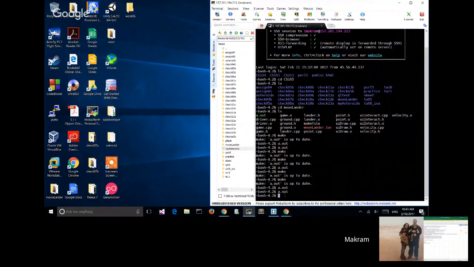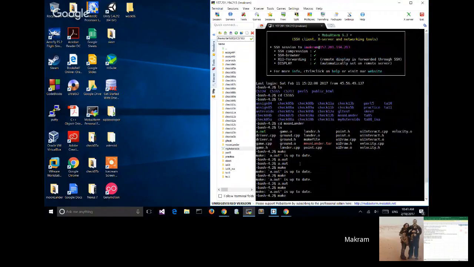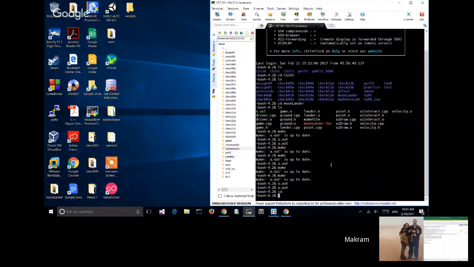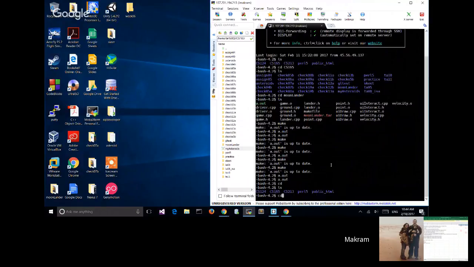Did you come up with these, or are they assigned? Did they assign the moon lander, or did you come up with that idea? I just do it as it is. I actually did the asteroids. I got some color in it, very simple. I'll show you. Did the teacher assign you asteroids, or did you come up with that game idea? Oh no, it is assigned to you, and you have to do it. Okay.